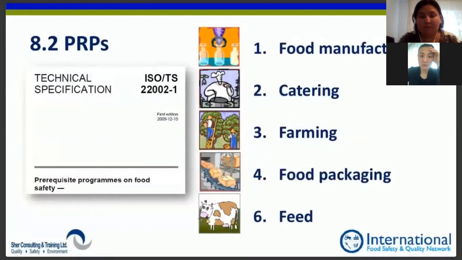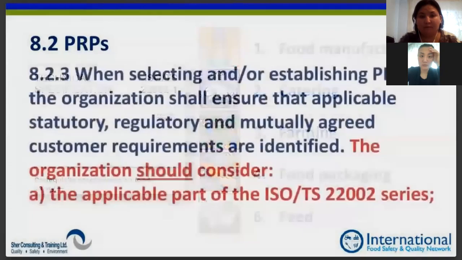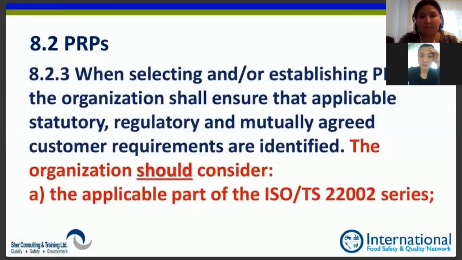It is intended for food transport and storage, and maybe it will make a comeback someday, but right now it's not published. And these are all published. These are all available in different languages. And using the word should, I want to remind you, in high-level structure standards means you don't have to. Otherwise, it would say shall. So in English, we say should is a recommendation, shall is a requirement. That's the way the English language works in ISO.